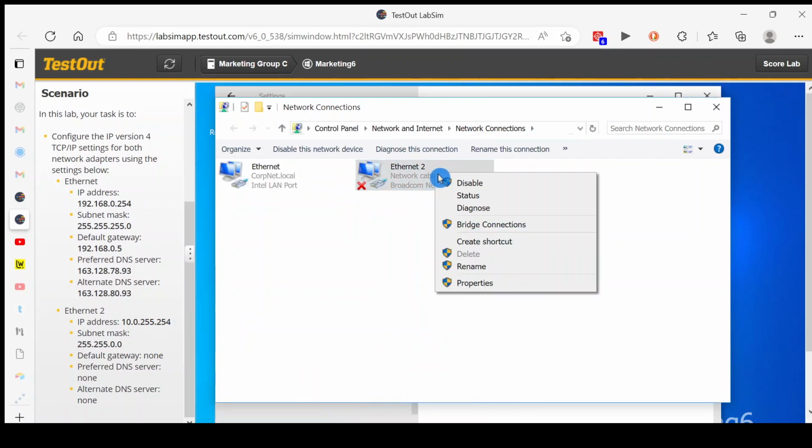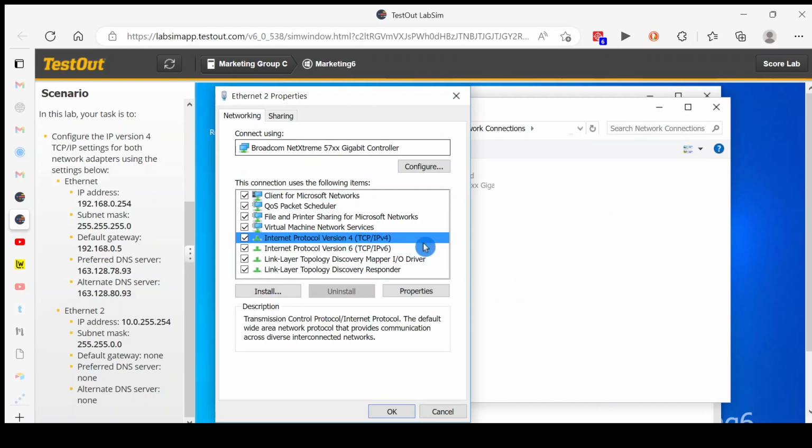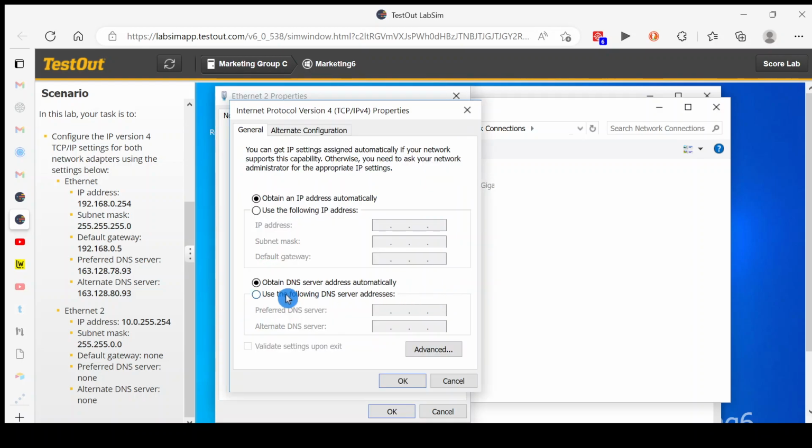And now we'll do the same process for Ethernet 2. We'll click on it, we'll mouse down to Properties, click on Properties. We want the TCPIP version 4, that's what we want to configure, so we'll click on it and mouse to Properties and click on Properties. We want to use these settings, so instead of getting an IP address automatically, we want to specify a specific static IP address. So we'll click on this radio button, and our IP address will be